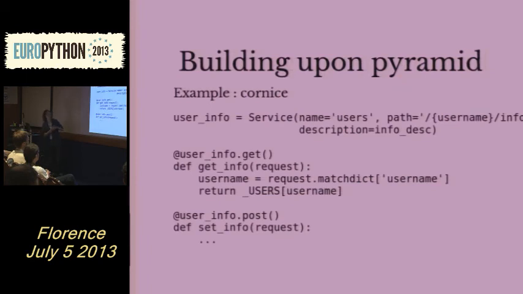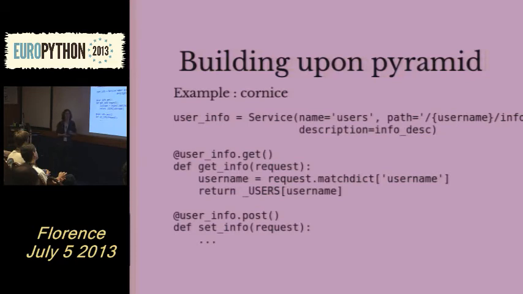To finish, an example of a real big framework which is implemented on top of Pyramid. It is Cornice, which is a framework to build JSON APIs. Let's just show how it's done. To use it, I create a service object. I give it a name, I give it a path and a description, that is some documentation. And I can define this view for